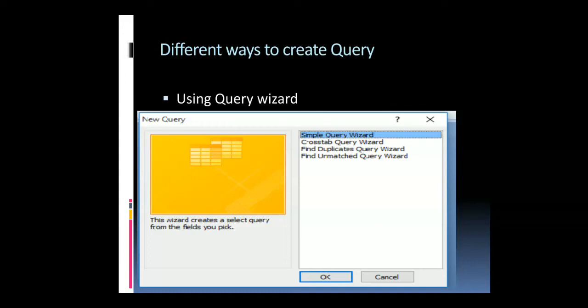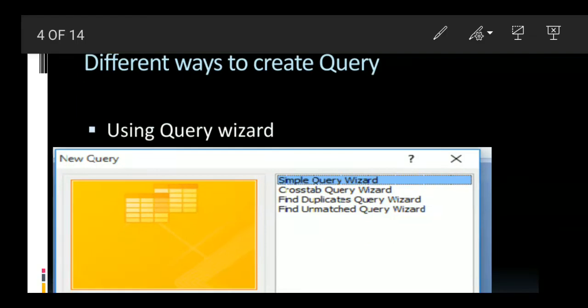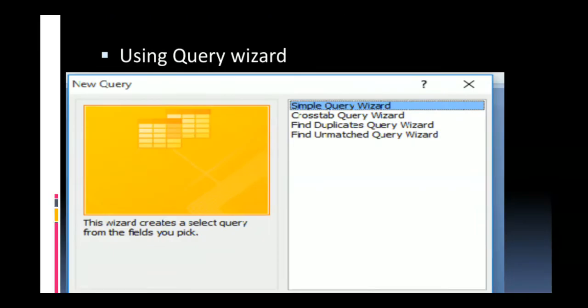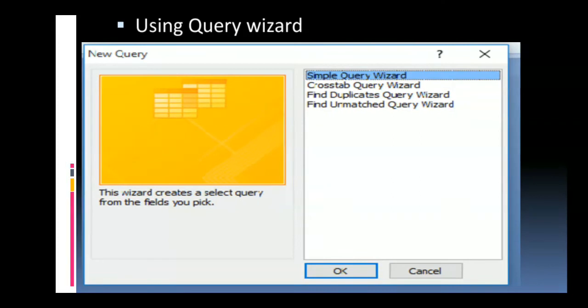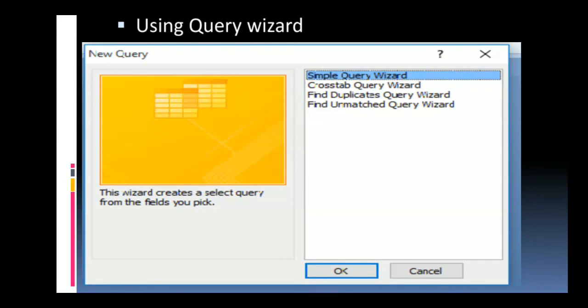For the query, we get two options, query wizard and query design. For the query wizard, you will get four options: simple query, cross tab query, find duplicate query and find unmatched query. Simple queries show only the selected data which we want to see. Cross tab query uses row headings and column headings so that we can see data in terms of two categories at once.